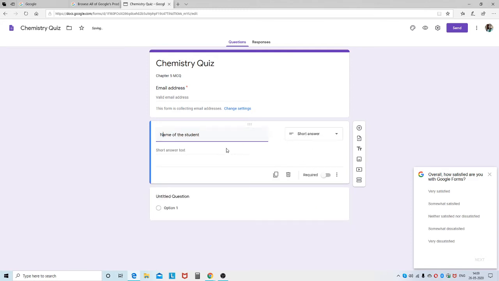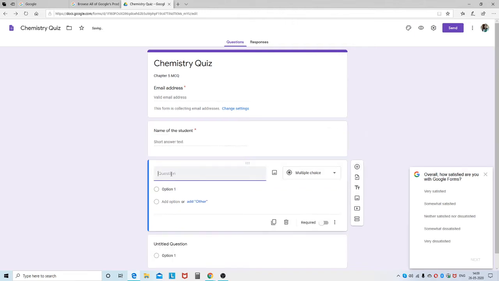Okay, so this is a required section. You definitely want the name of the student, so click this button, as with this response. Okay, so it creates the question. Then move to the next one.